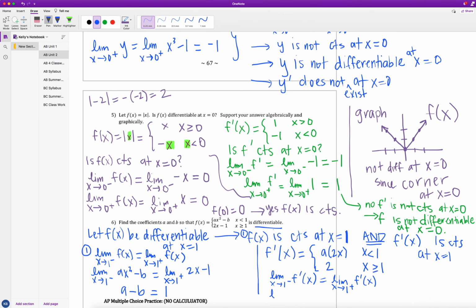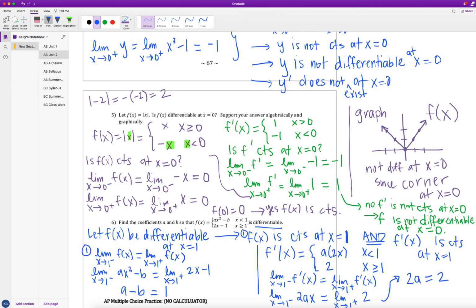So for our limit as x approaches 1 from the left, we're going to use that top function, that a times 2x. I'm going to rewrite it as 2ax just because we usually put the number in front, equals the limit as x approaches 1 from the right of just 2. So if I take the limit from the left, I can direct sub in. I'm direct subbing in 1 for x, so I'll end up with 2 times a, technically times 1, equals, well, the limit as x approaches 1 from the right of 2 is just going to be equal to 2,